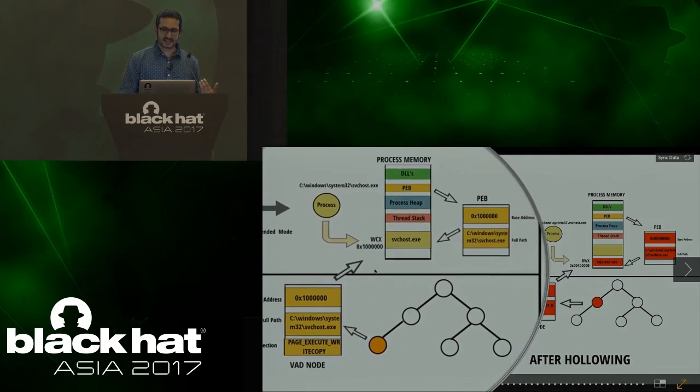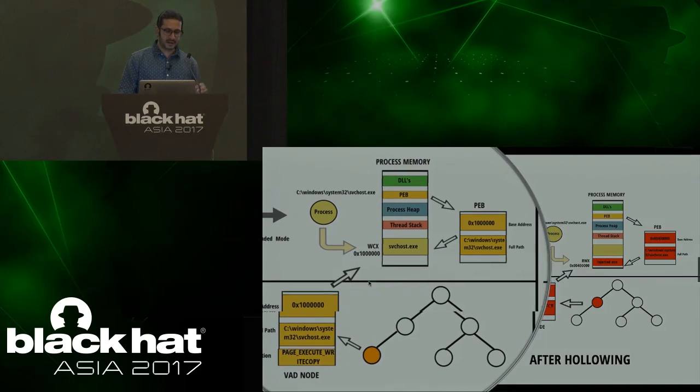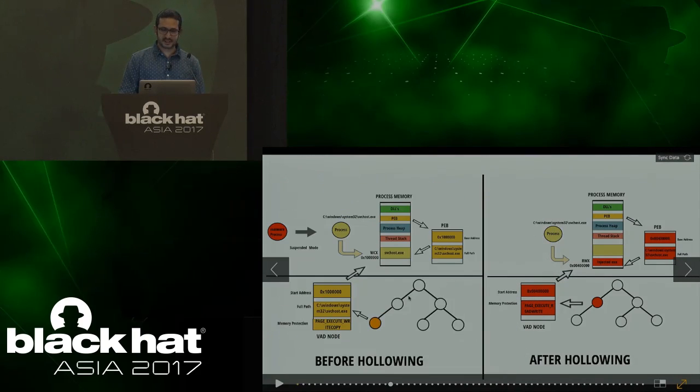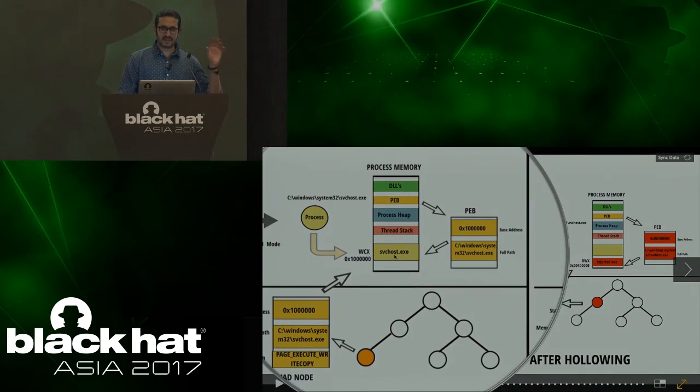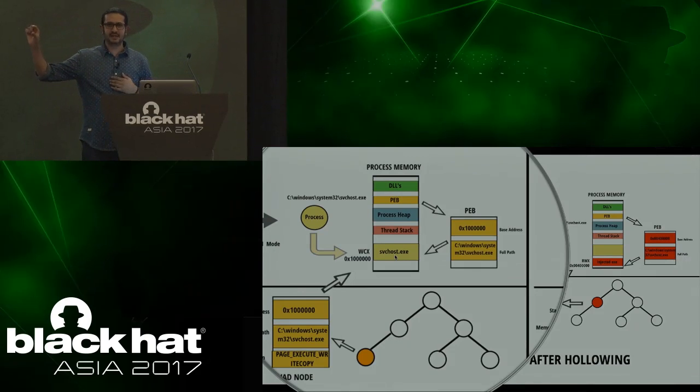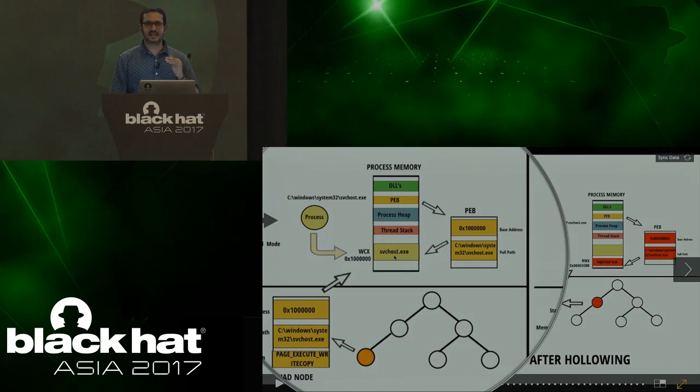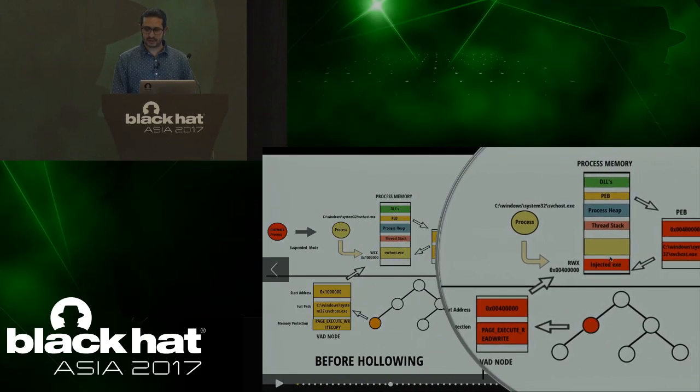There's a VAD tree structure which is representing this section of memory. It is telling the protection is this. That's good. But what Skia did was, it hollowed out this memory region next, and instead of allocating the memory in the same region, it allocated a memory in a different region and injected the code. You see, this is how it looks like.